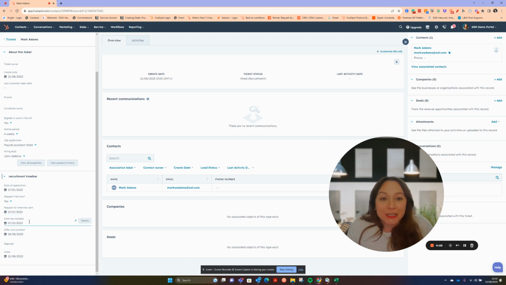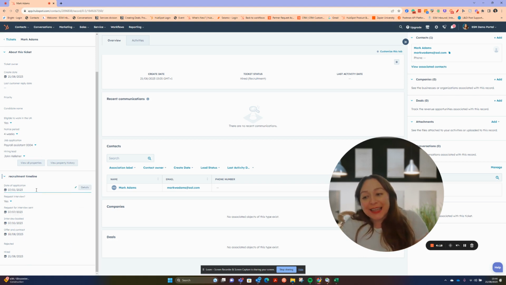We can see when the interview was booked, and then we can see when he was offered. It made a formal offer and sent a contract, and then when he was hired. Now this is an example. This probably has moved quicker than most recruitment processes, but you can see here that we've got these really thorough timestamps, and that's just going to allow you to do some really great reporting on your recruitment